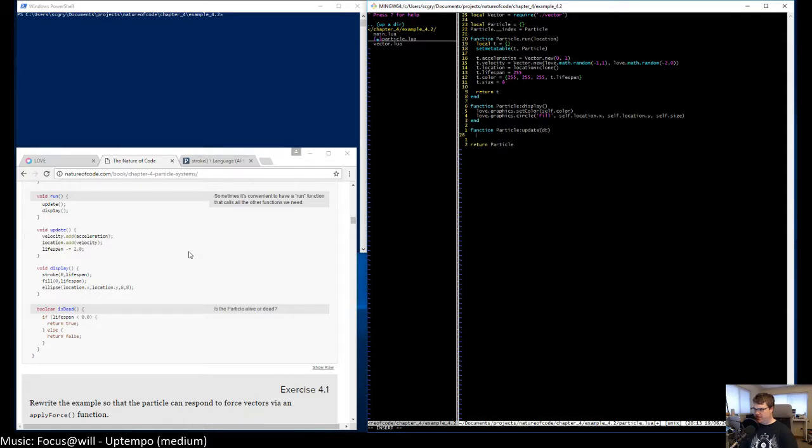Now this is probably going to take delta time. So it looks like we're going to say, okay, we're just going to velocity add acceleration, location add velocity. So we're going to say self dot acceleration plus self dot velocity. Previously we were resetting acceleration, but we're not going to do that anymore because we want it to continuously accelerate down.